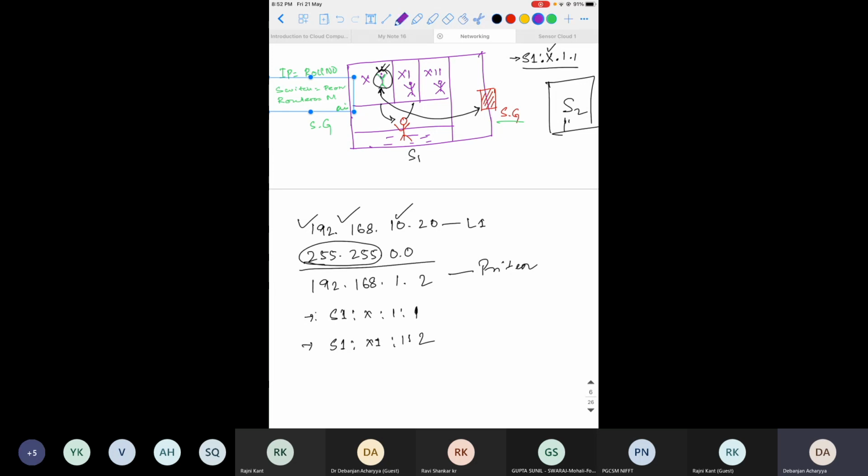You can see that the part which is common between the two students is only S2. So what is the subnet of this? That will be 255.0.0.0. Fine. So this is the subnet. Now come to the gateway.